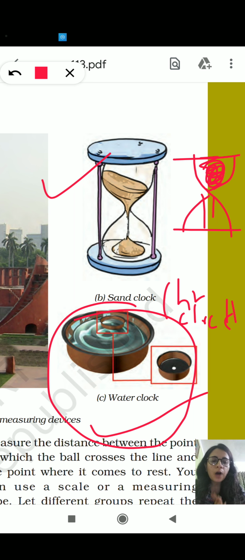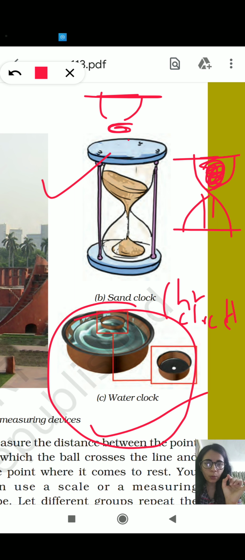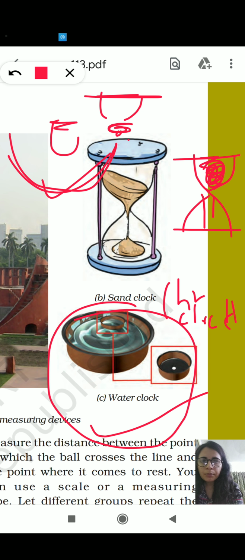Now, how did they measure time? The water clock was used to measure time, and in that video also you will understand quite well. Suppose I'm taking a plastic bottle, I will cut it from the center, and in the cap I will make one hole. I will make a hole at this point, and I will immerse this in a bowl full of water. You will see that water will rise up from the hole, and there is a buoyant force. In physics you may have studied buoyant force, which will pull it upward.